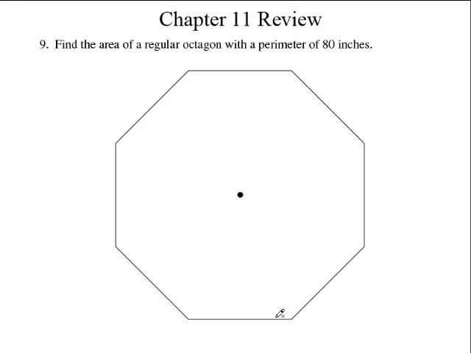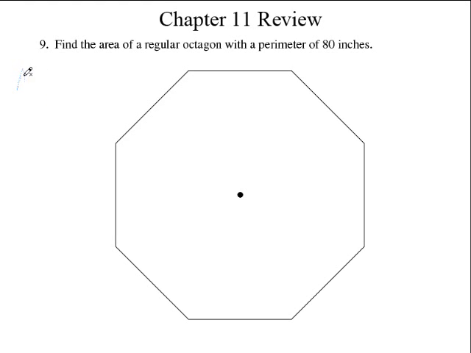It doesn't even have to be to scale, so you know it's going to be some kind of an obtuse angle. But you could just draw this part right here and understand that this would be the center of that octagon. And maybe even draw this side right here. That's perfectly fine. So what we're going to do is, first of all, we need a formula for an area